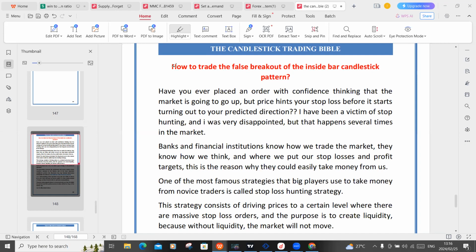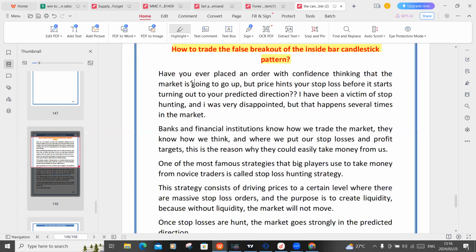How to trade the false breakout. How to trade the false breakout of the inside bar candlestick pattern. Have you ever placed an order with confidence thinking that the market is going to go up, but price hits your stop loss before it starts turning out to your predicted direction? I have been a victim of stop hunting, and I was very disappointed, but that happens several times in the